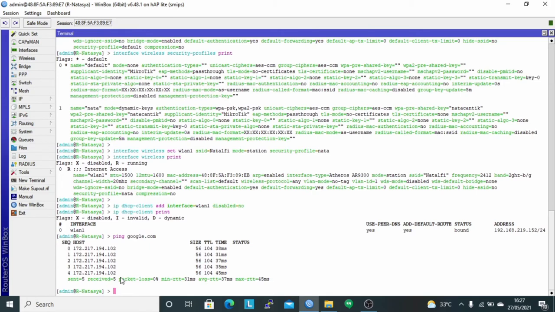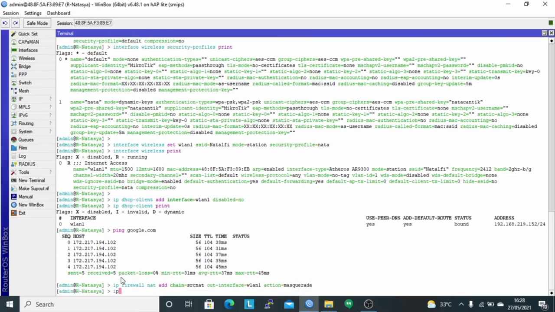Next, configure the IP firewall NAT, whose function is so that later clients connected to the router can also connect to the internet. Use the command ip firewall nat add chain is srcnat and out-interface is the interface to internet access, namely WLAN1, and using action masquerade.